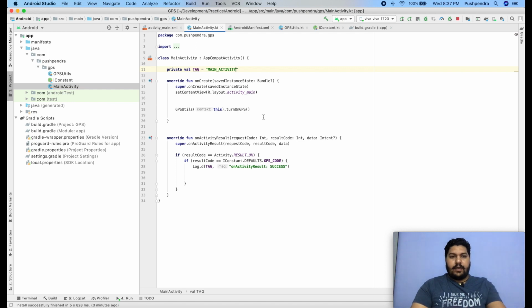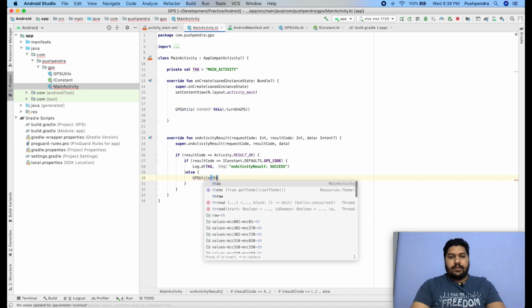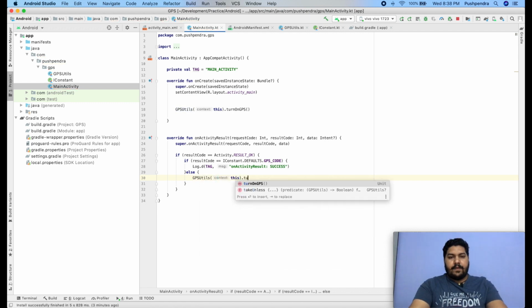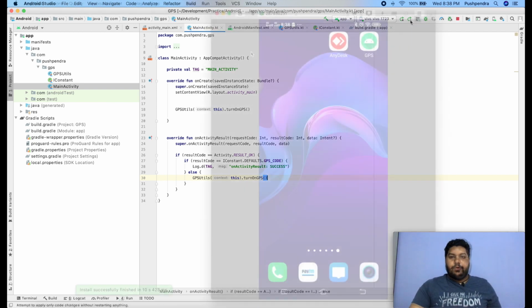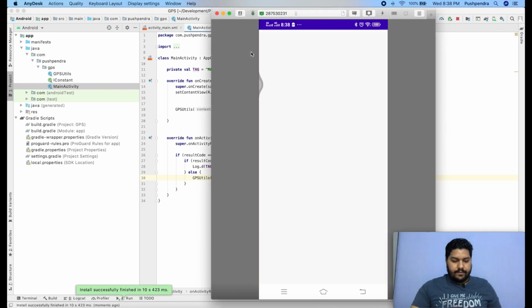Okay, now after that if else, again we have to call GPS utils, and this is this dot turn on GPS. Now again I will run this application, and you will see the output, launching activity.